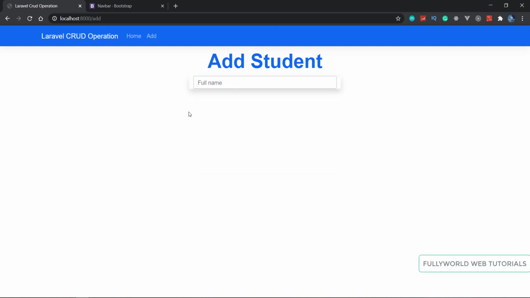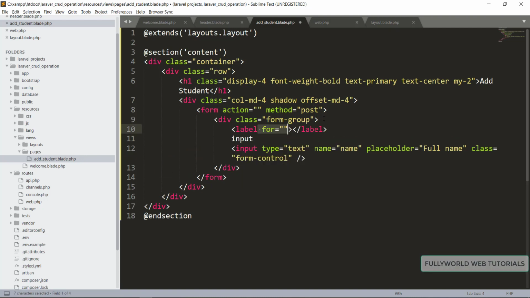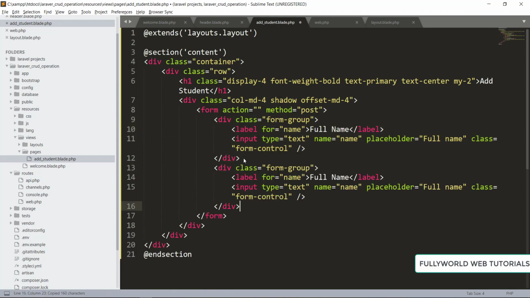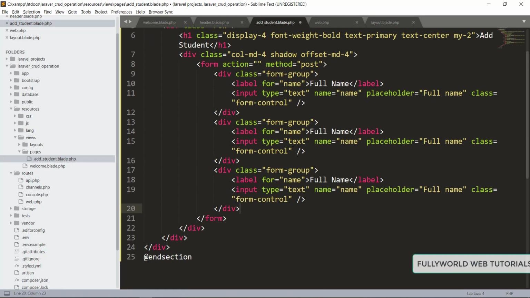So let's move it further, and here we need also a label. So label will be for our name, and here we will write full name. Now let's move further, copy this and paste it again for email and for phone number. This is for email, and here placeholder will be also email.